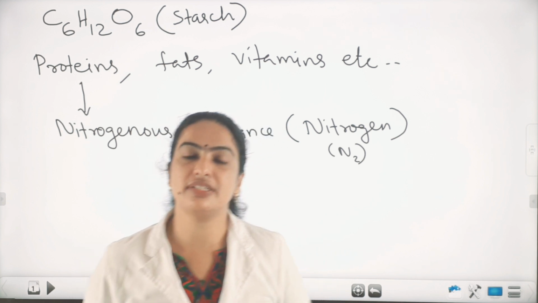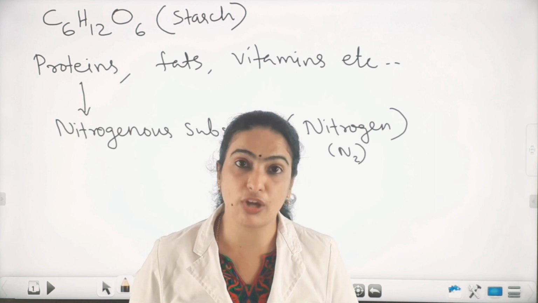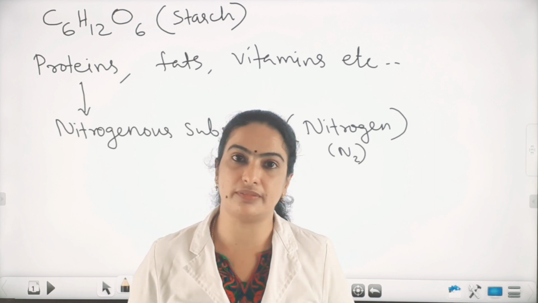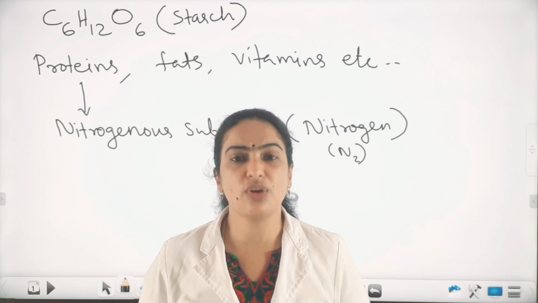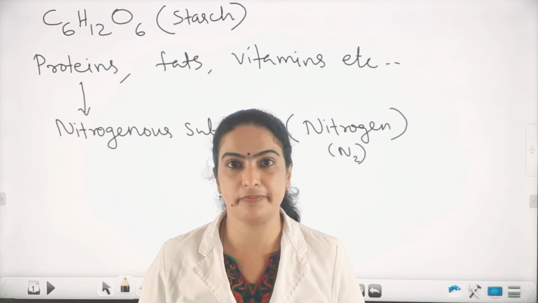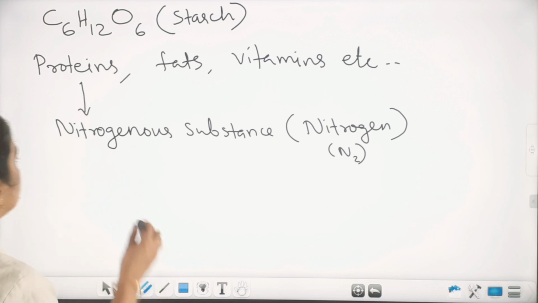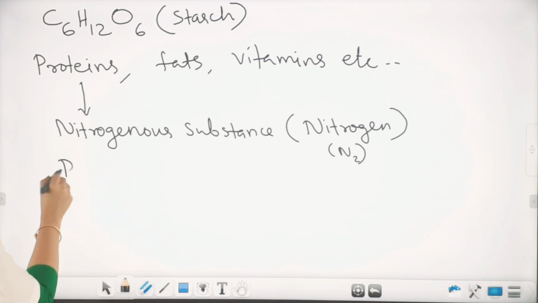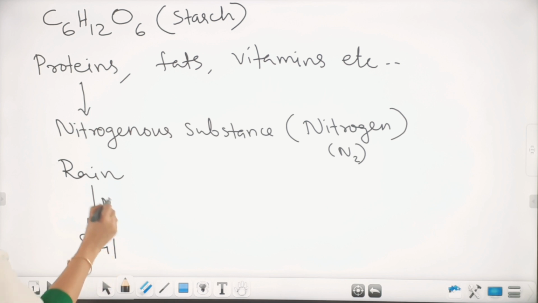As you know, the nitrogen is present only in the atmosphere. From the atmosphere, the plants cannot trap nitrogen. They cannot take the nitrogen from the atmosphere directly. So how do they get this nitrogen from the atmosphere? Let's see. Okay. See, through rain or lightning. So due to rain or lightning, the atmospheric nitrogen reaches the soil. So the nitrogen reaches the soil due to rain or lightning. So in the soil,